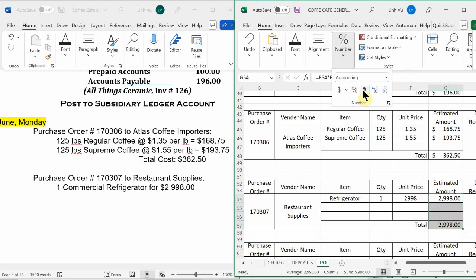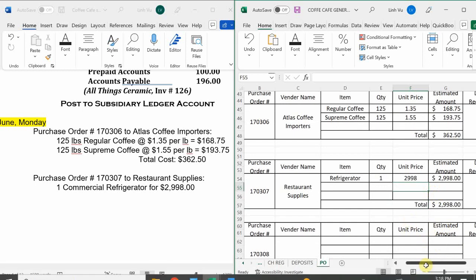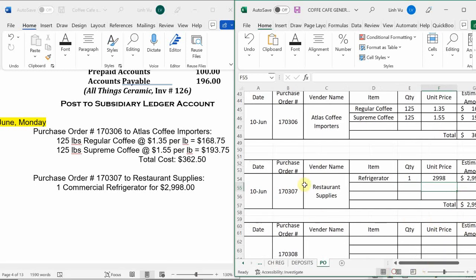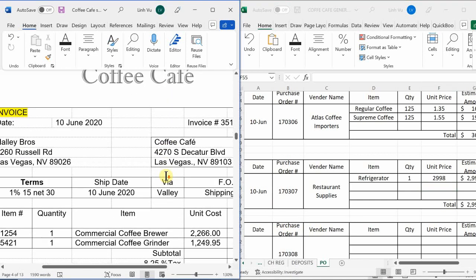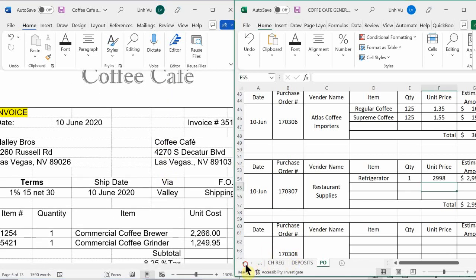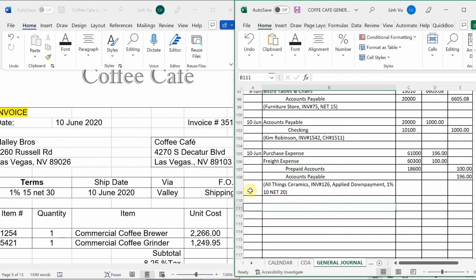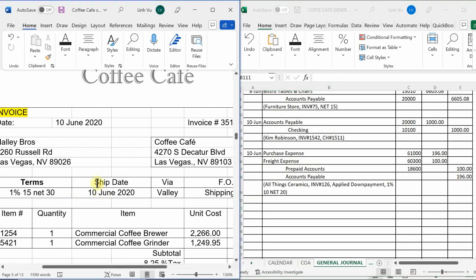Okay. All right. So now that I am going to be pending for 2 more orders, I can go ahead and continue on forth. All right. So we have here